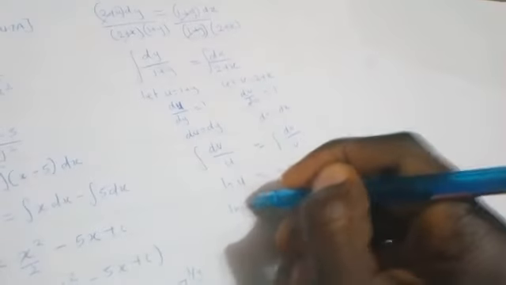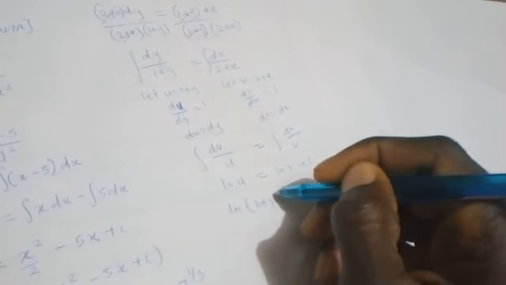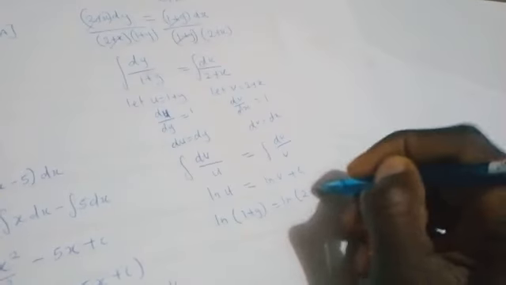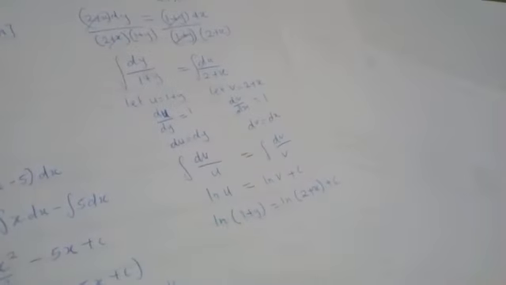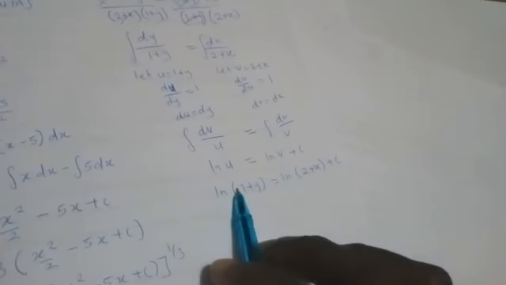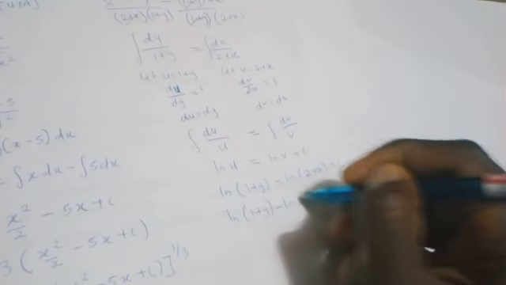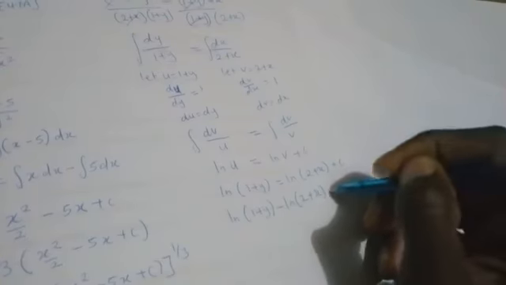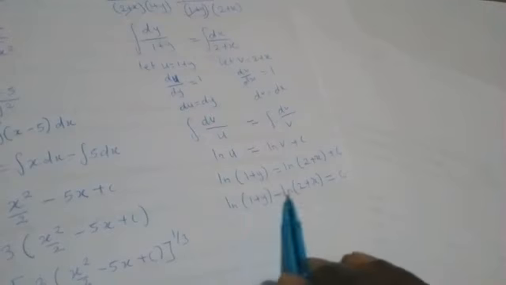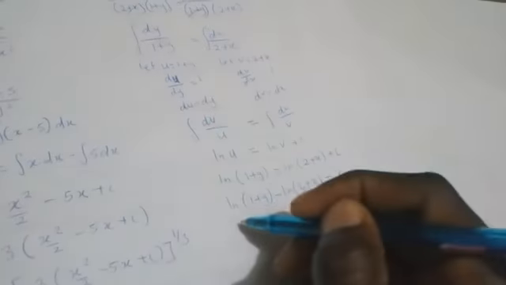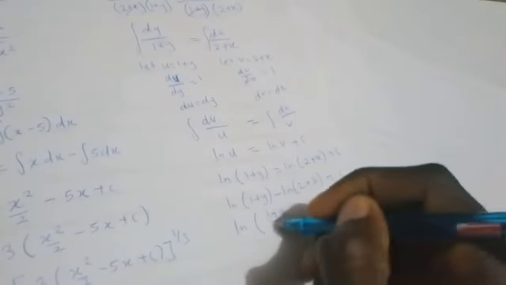So I have to substitute back my original values. My u is 1 plus y. So I have ln of 1 plus y equals ln of my v, which is 2 plus x, plus c. Let me bring this to the side so that I will have ln of 1 plus y minus ln of 2 plus x equal to c. From the laws of logarithm, logarithm of a minus logarithm of b is the same thing as logarithm of a over b. So I can have 1 plus y over 2 plus x